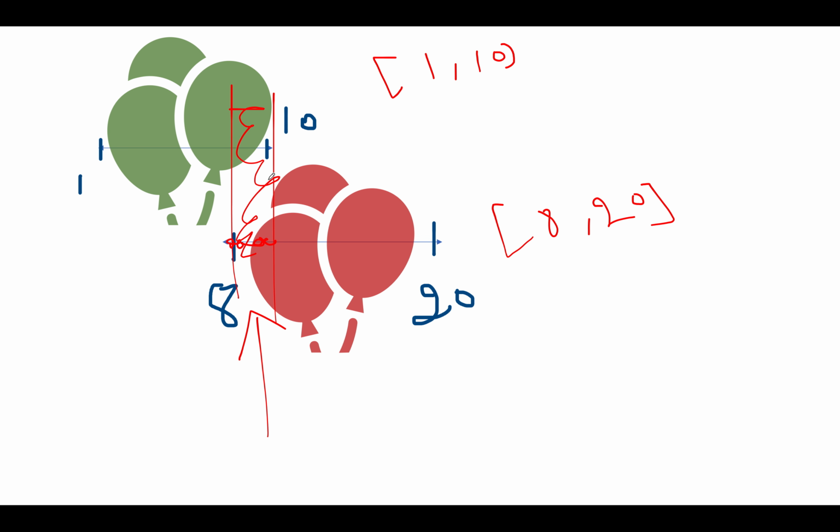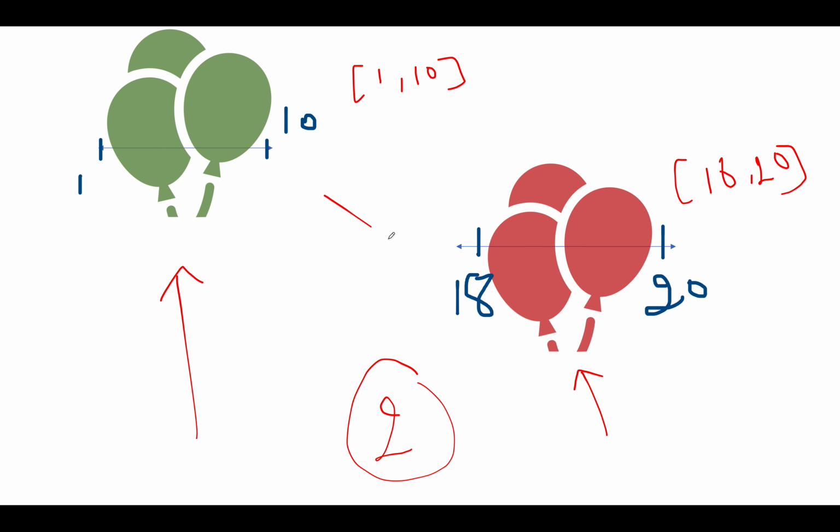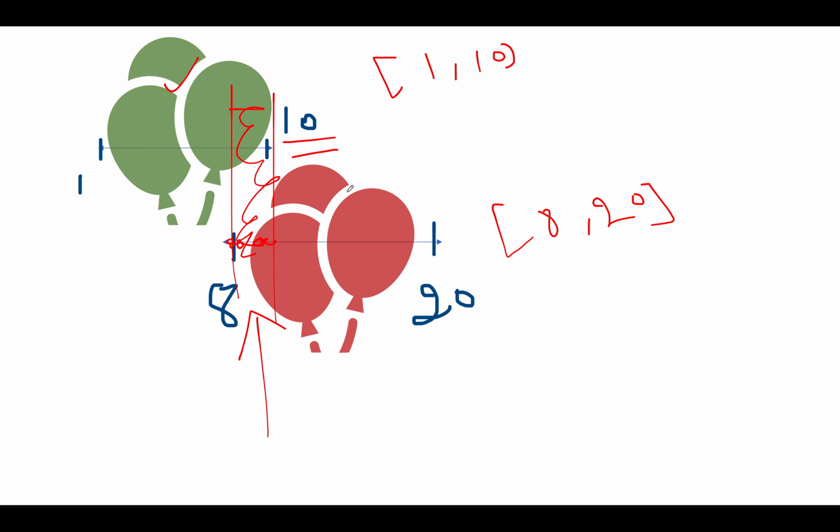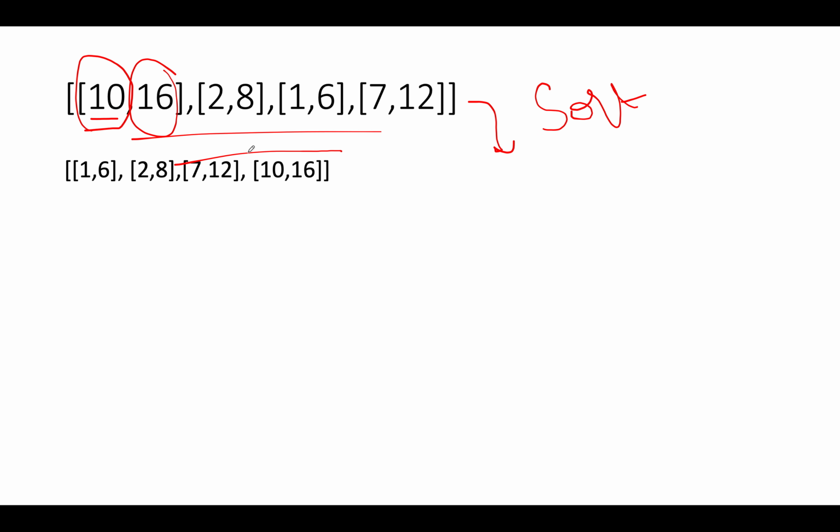Why specifically x end coordinate? Because I want to identify whether the next upcoming balloon overlaps with the existing balloon or not. If it does overlap, then a single arrow will be needed. If it doesn't overlap, then two separate arrows would be needed for bursting both the individual balloons separately. So the problem reduces to if we are able to identify overlap between two different balloons. So let's sort those up on the basis of x end coordinate, and this is the sorted data.